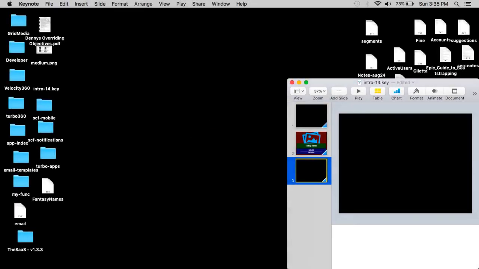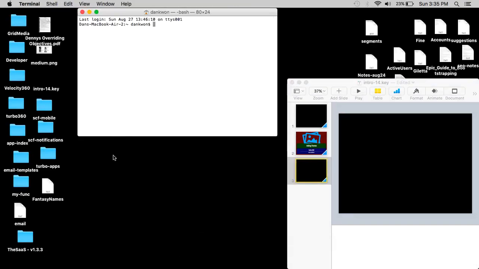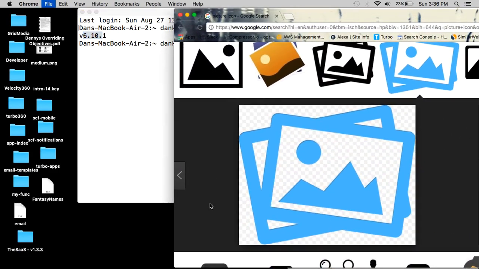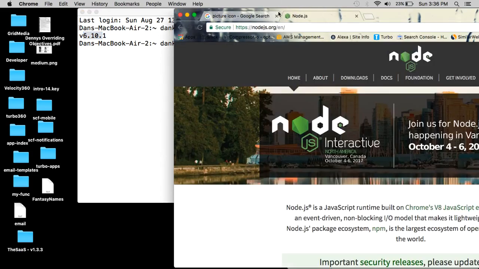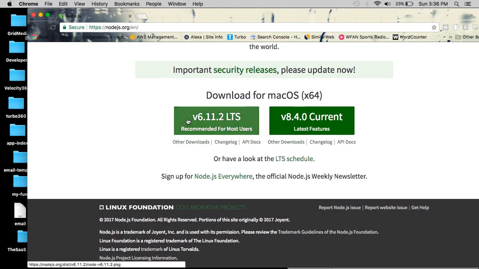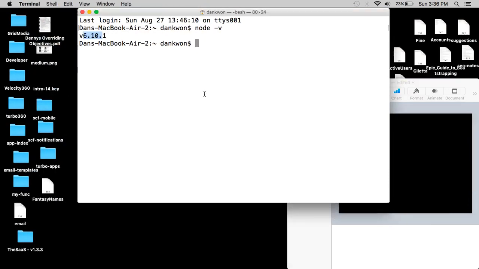So let's get started. First thing you want to do is make sure you have all the right tools and whatnot. I am running Node version 6.10. If you have version 4 or less, that's going to be too old. So you want to upgrade, go to this website and make sure you have the LTS version, and you should be good to go. And then we also need to install